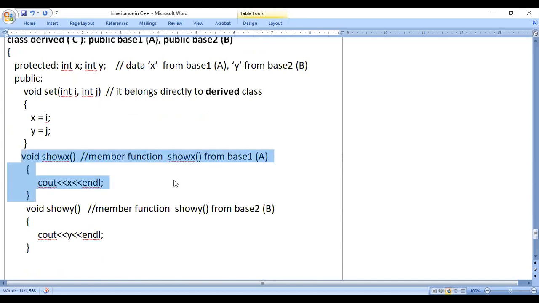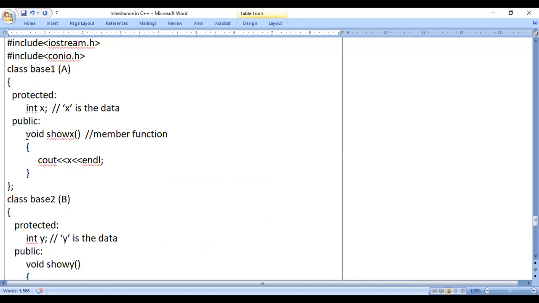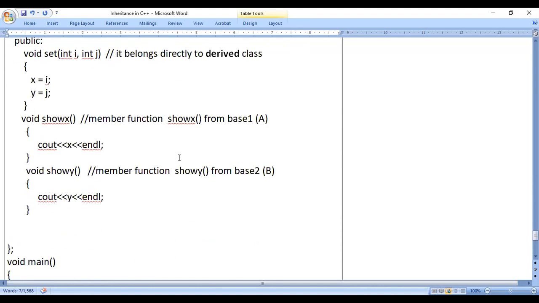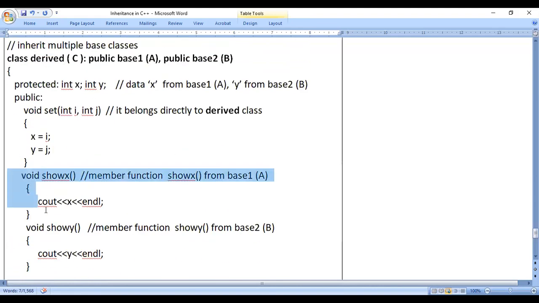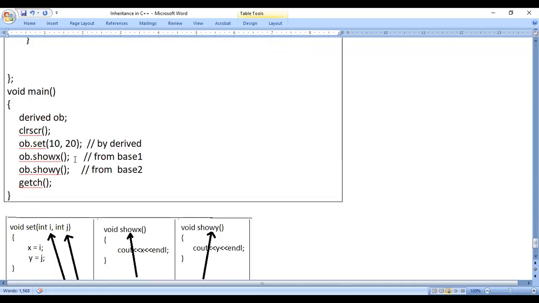While executing, internally the computer will not show us this much. Program control directly goes to class A and executes. For our own understanding, we can understand it like this. So this line will call the showx function.